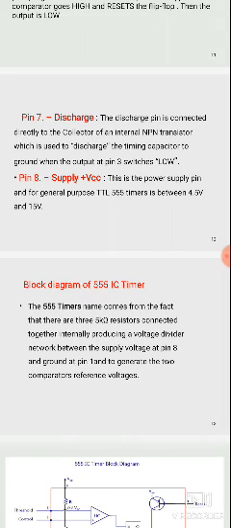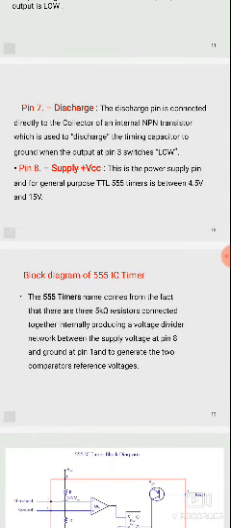Whenever the threshold pin voltage is greater than 2/3 VCC, the output voltage switches from high to low. When it switches from high to low, the capacitor starts discharging down to ground.